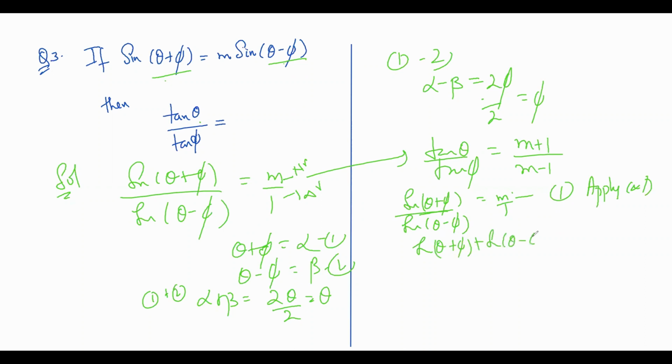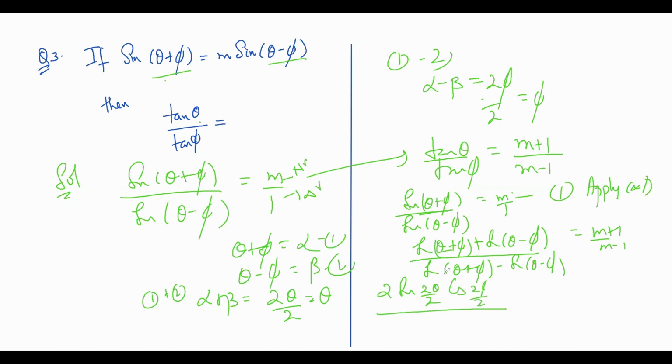sine theta minus phi upon sine theta plus phi minus sine theta minus phi is equal to, on RHS, C and D. Now this is 2 sine C plus D by 2 cos C minus D by 2, and as all of you know, when I add these two I get 2 theta, and when I subtract these two I get 2 phi. In denominator, this is sine C minus sine D, and I get cos C plus D by 2, that is 2 theta by 2, and sine C minus D by 2, that is 2 phi by 2. These two get cancelled out with each other. This gets cancelled out. What we are left with,